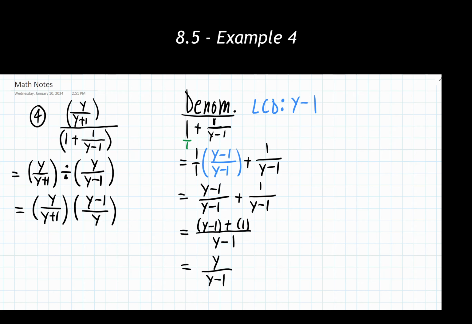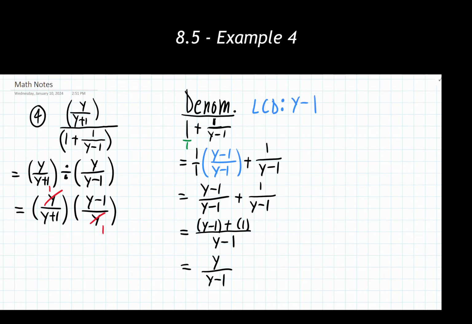Now I'm looking to see, can I factor anything out from numerators or denominators? I can't factor any of them, so everything is fully factored as best it could be. I'm noticing that I have a y in the numerator and the denominator. They are both monomials, so those can cancel out. Then I'm looking at this y minus 1 and this y plus 1, thinking they're really close to one another, but they are not opposites. The y is positive in both instances, and just the 1 has opposite signs.